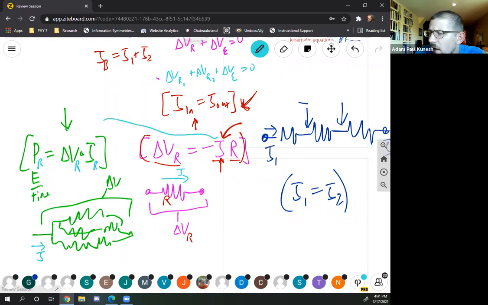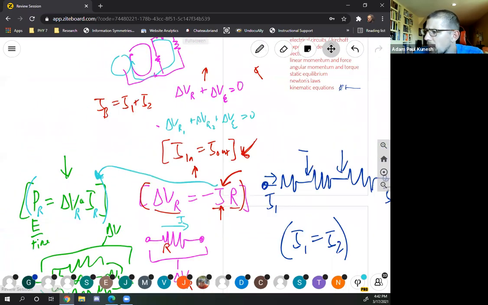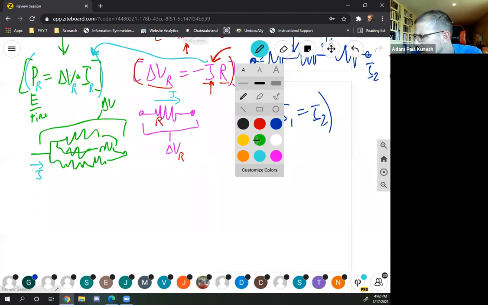I can use Kirchhoff's law to get different expressions for the power. If I substitute in for delta V or substitute in for I, then I can get expressions that are only in terms of V and R, say, or only in terms of I and R. And those are all included on the equation sheet. But if I want to find the power, this is the fundamental thing. It's energy per charge times charge per time, so energy per time is the units you get out of that. Okay, that wraps up the main thing to talk about for circuits. The very last thing I want to talk about are the two